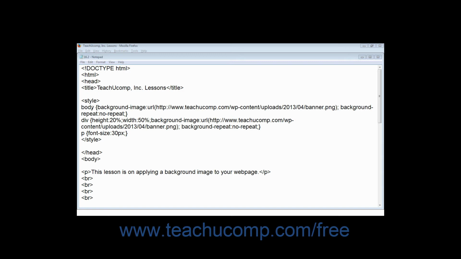The on-screen example shows the body selector, background-image, followed by the colon, the term URL, the location of the image you'd want to use in parentheses, the background-repeat property with the value of no-repeat, and then we have the div selector